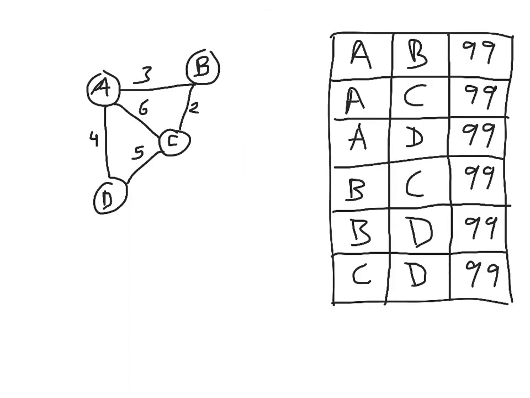Take a look at this example here, and you're going to notice a few things right off the bat. For one, the graph on the left has 4 nodes, A, B, C, and D, and every edge has a number associated with it. I know it's a little sloppy, but that's just my finger drawing ability here. But you should be able to see that, say, the edge from A to B is going to be 3 as far as its value. Now, we haven't defined it as a distance yet, but we're just going to assume that, yeah, sure, that's the